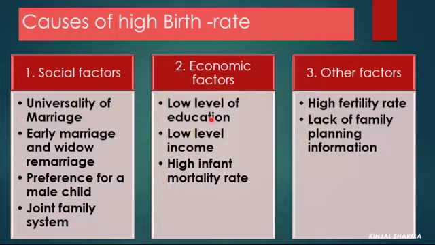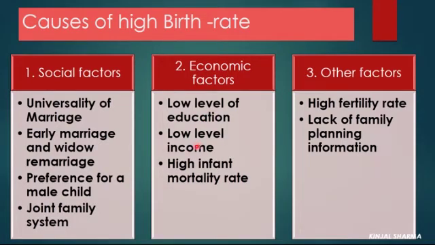Education and the number of children in a family have an inverse relationship all over the world. It has been found that as compared to illiterate women, women who had primary education give birth to fewer children, and those who are middle school and secondary school educated have even fewer, as compared to primary school educated women. So from this experience we can say that the birth rate is high because of illiteracy and low level of education. That is, women who are educated prefer fewer children as compared to illiterate women.